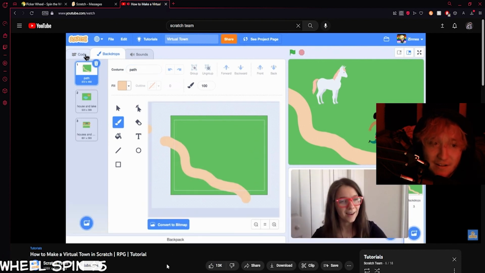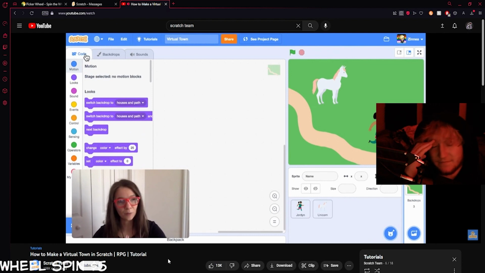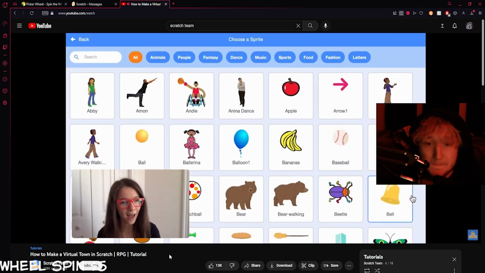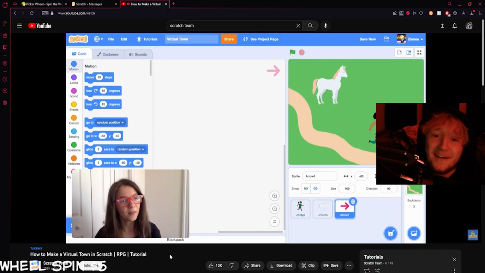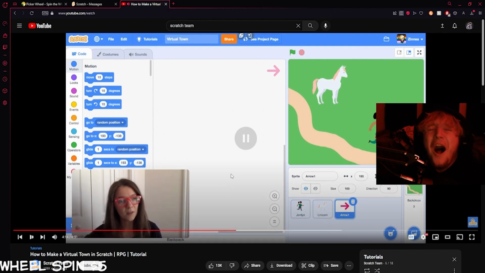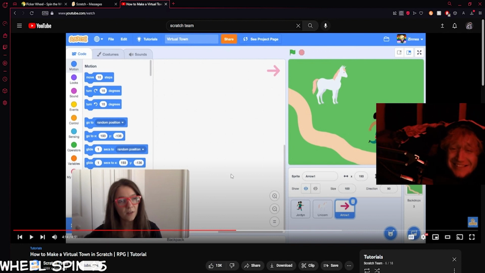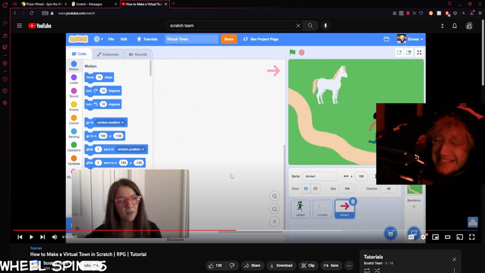Okay, now let's make it so the character can travel between them. There's actually a really easy way to do this, so let me show you. I'll choose another sprite, and I'm gonna add this arrow sprite. And now, let's make it so that when this sprite is clicked, it goes to the